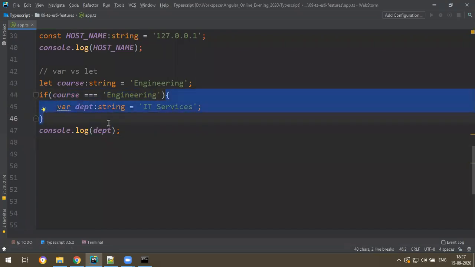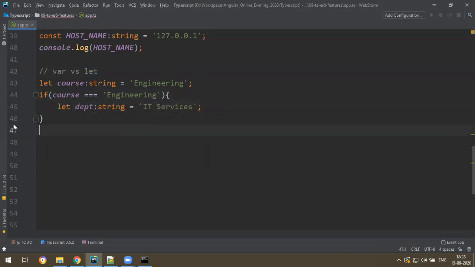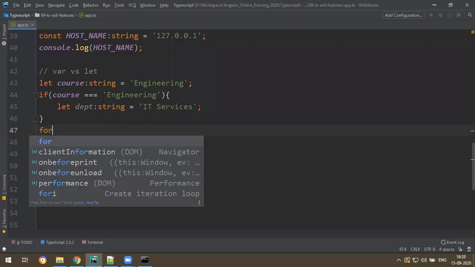Later they found that var is violating the block scoping rule, which should not be violated like that, because any programming language like Java, .NET, C, C++ behaves the same way. It must not violate it. So that's why they introduced a new keyword called let instead of var. If I say let, you can't access it. It satisfies the rule of block scoping.